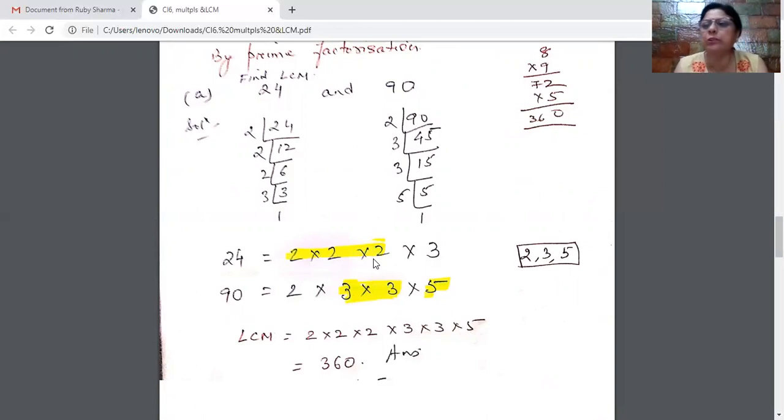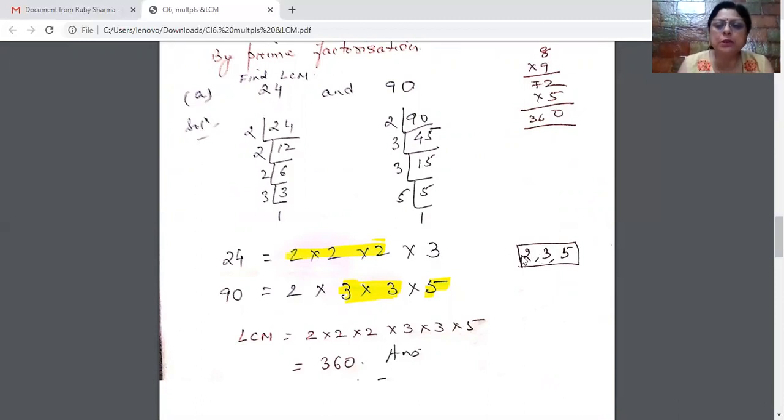The numbers, the prime factors, they are all prime factors. If you observe it, in prime factorization you have only prime factors. So 2, 3, and 5. So what do you write here? Separately, you just keep a note, keep track of the prime factors that are present here. So here it's 2, 3, and 5. So you write 2, 3, and 5. Now you see